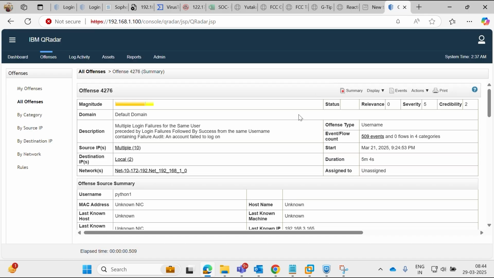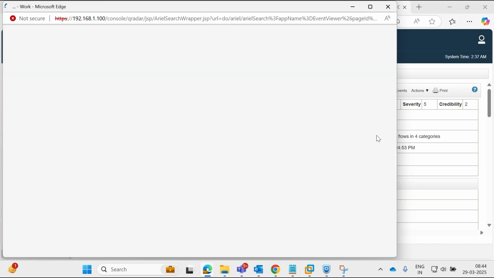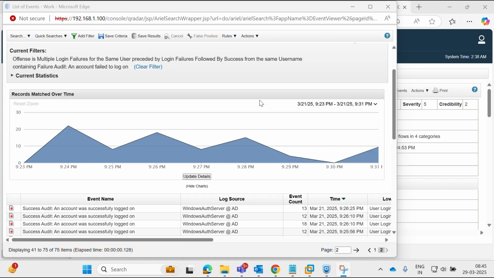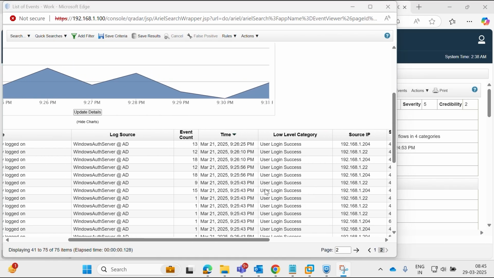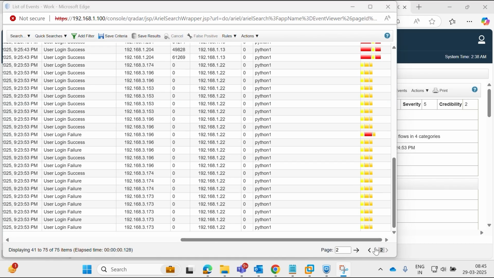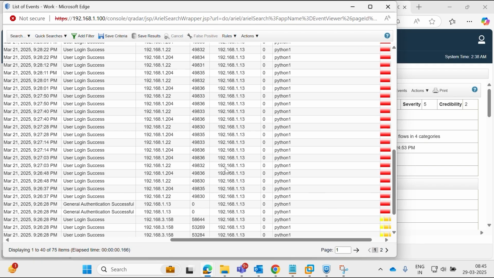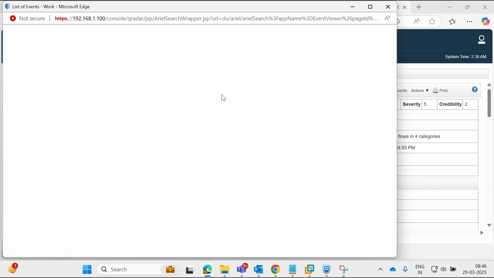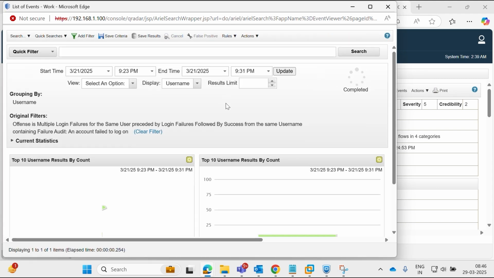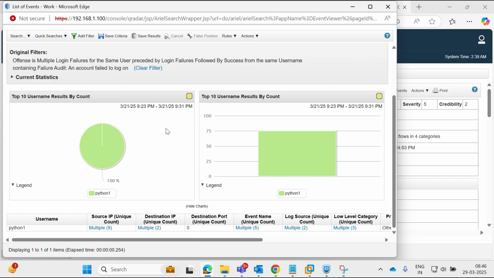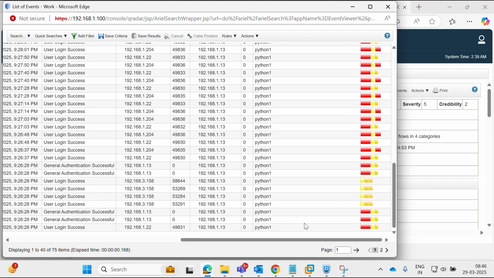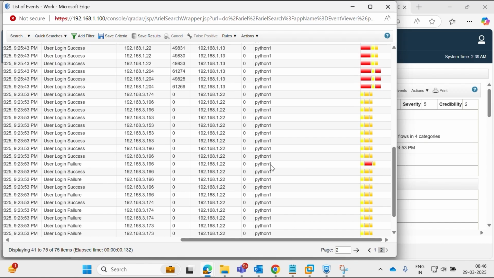The next step is to click on the Events tab to check the pattern of the user. All users are the same. Here we check whether the same IP is trying the same username, and there are different source IPs because we have 10 internal IPs. We use a filter to search whether it is the same username or different usernames. Clicking on it, here is only the same username, not different users.